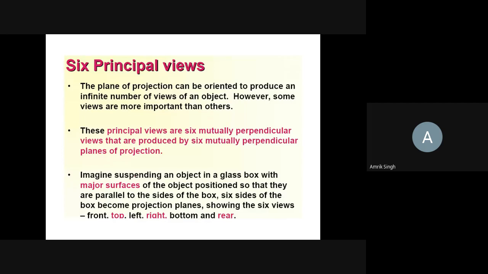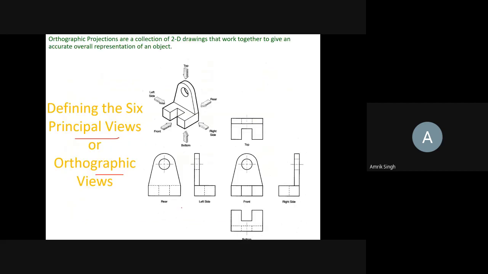The plane of projection can be oriented to produce an infinite number of views of an object. However, some views are more important than others. So principal views are 6 which are mutually perpendicular, and they are produced by 6 mutually perpendicular planes of projection. Okay. So we assume that this object is there in a box of glass.